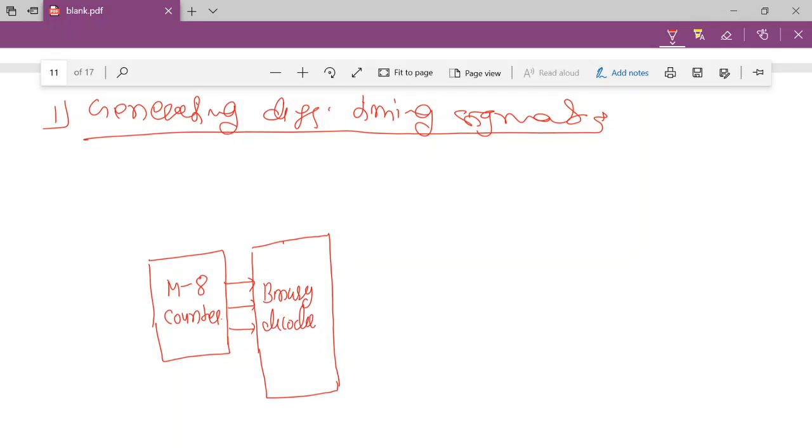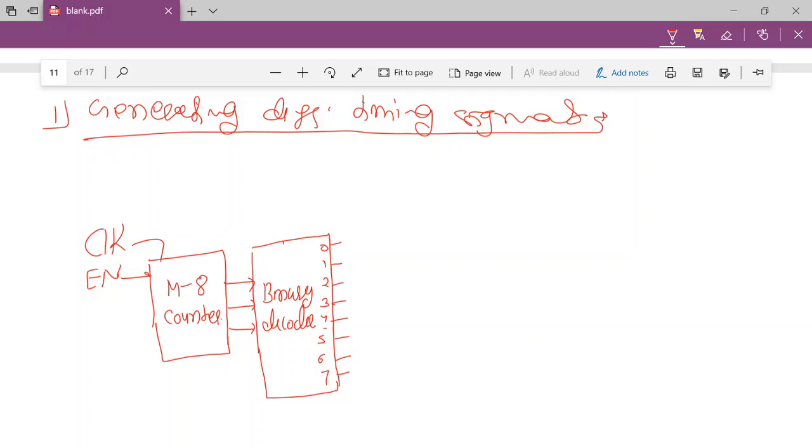Now, if it is a 3-input decoder, how many outputs would be there? 2 to the power 3, right? So there would be 8 outputs. Let me number them: 0, 1, 2, 3, 4, 5, 6, 7. There would be a clock and an enable signal here. We can skip those details about the modulo 8 counter. You can draw those things. Now you are familiar with this. Also consider this is a binary modulo 8 counter.